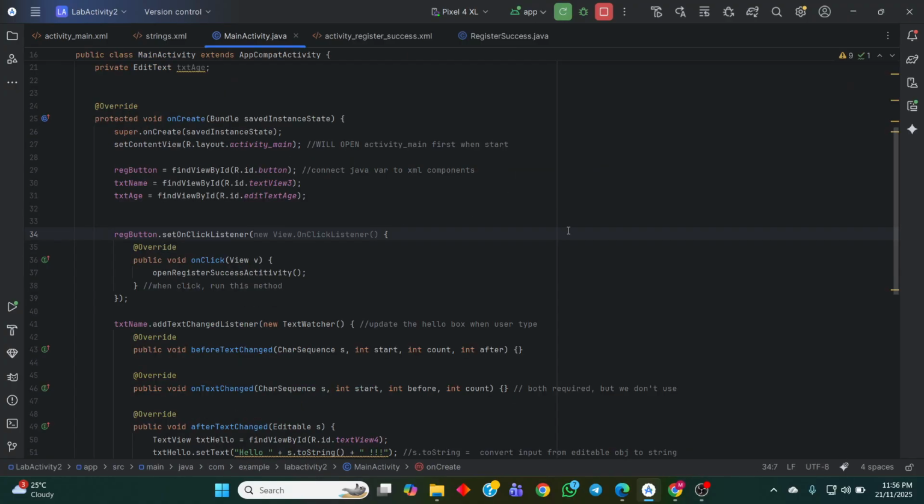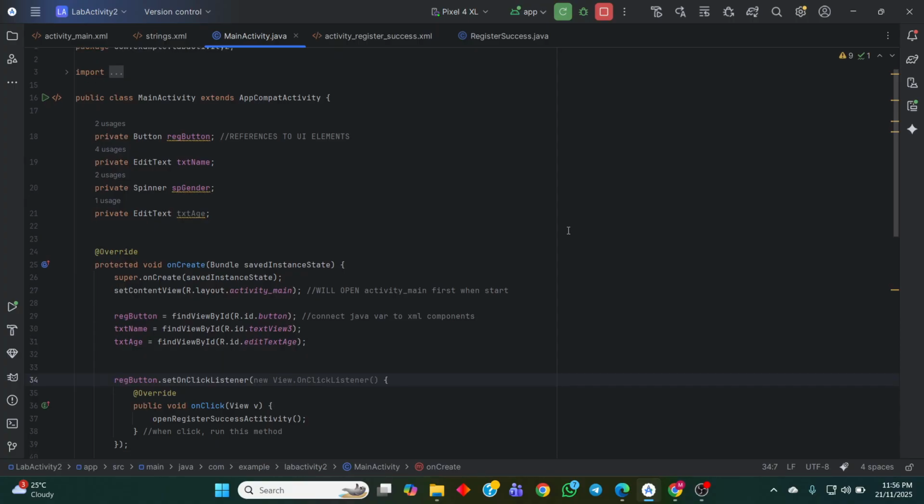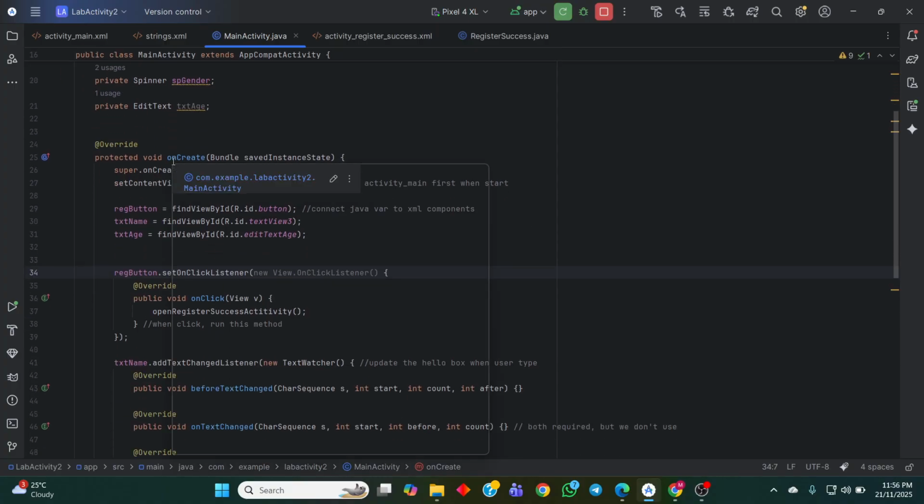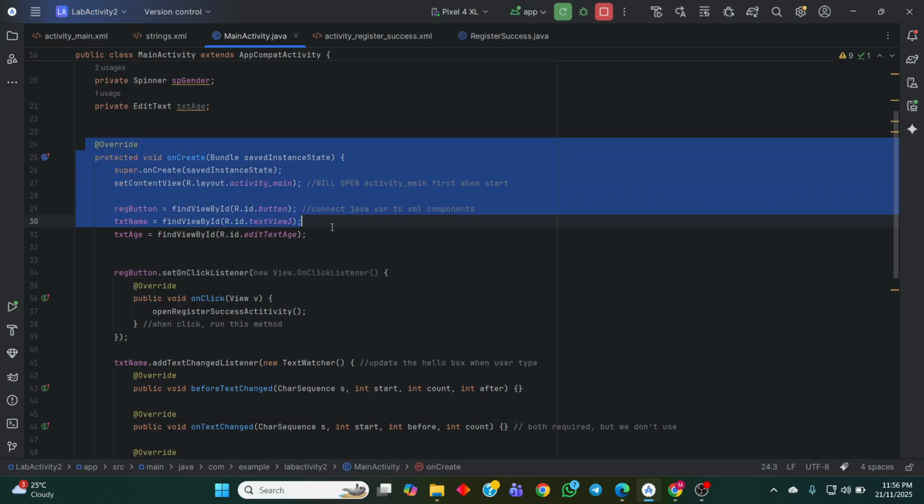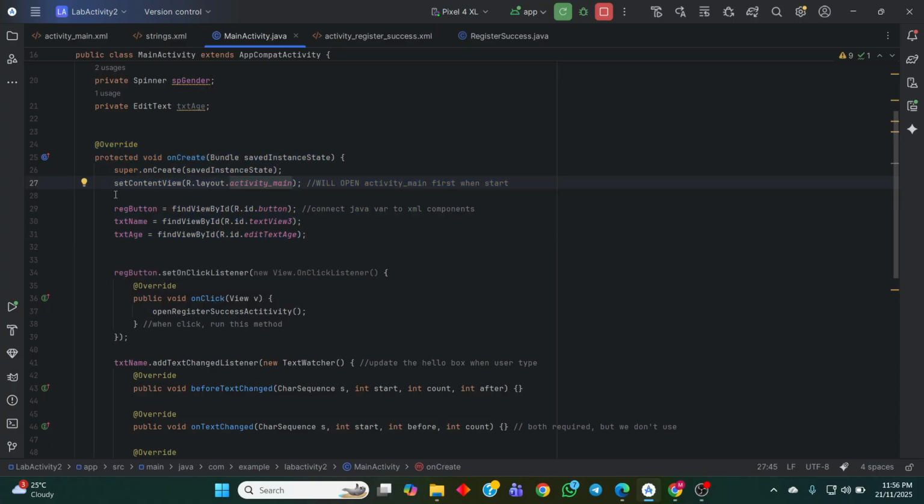So let's see the Java. In this Java, first, as you can see, this is the create method. Whenever we run the app, the first layout that we will see is the activity main. So as you can see, the coding we use is set content view, and the bottom is the Java variables that we want to initialize from the XML components.